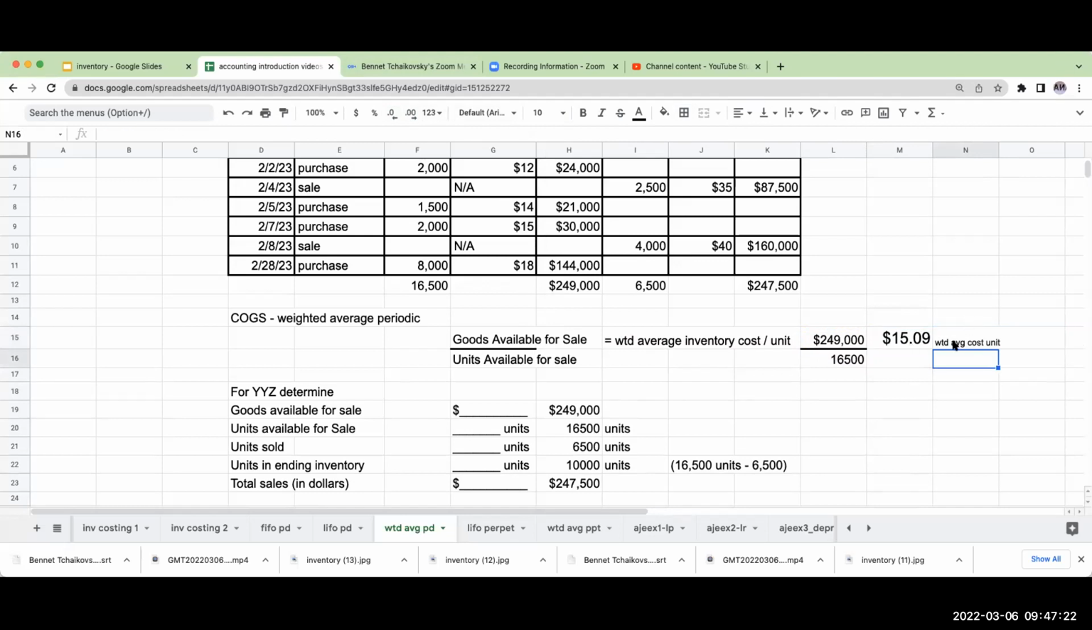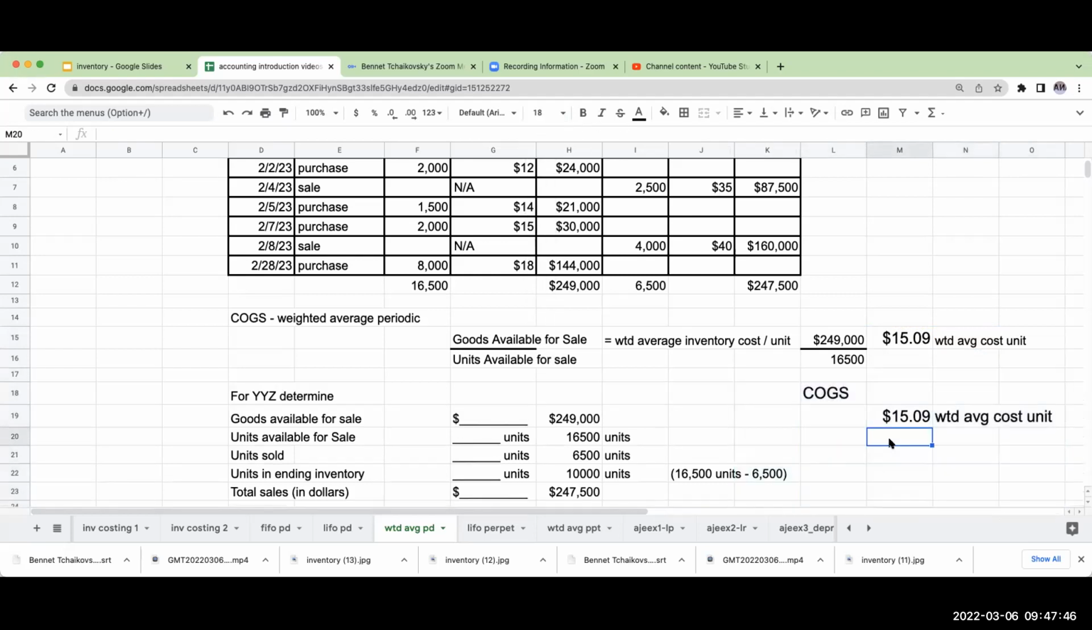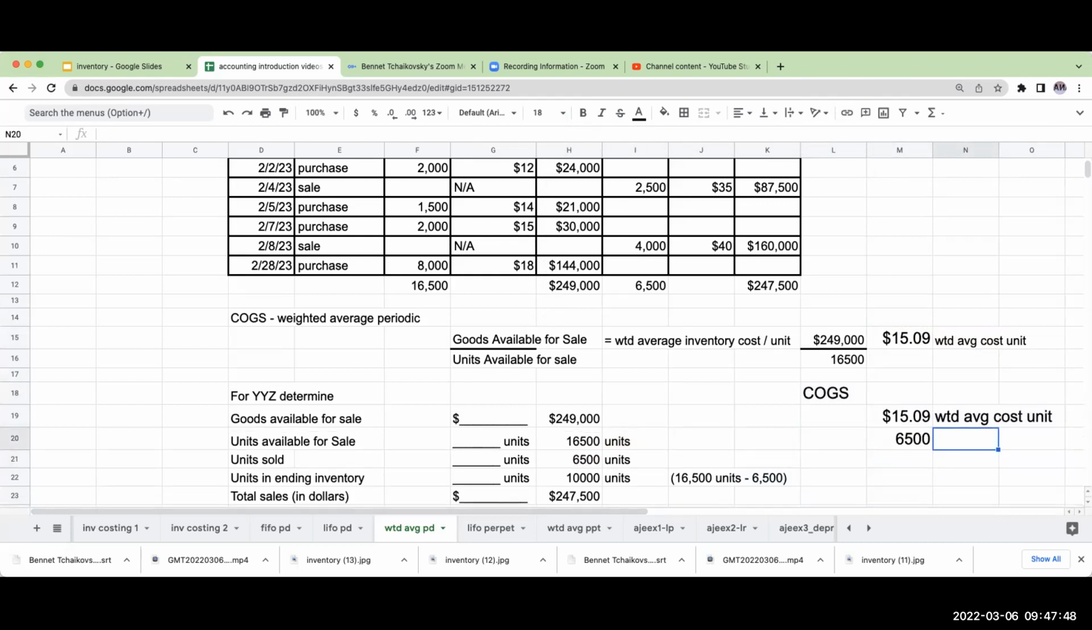Okay, so what I'm going to go through and do, again, this is periodic. We're assuming that all sales happened at the end of the period. So I'm going to aggregate the goods available for sale and divide it by my units available for sale. So for my cost of goods sold, it's going to be $15.09, which is my weighted average cost per unit. I'm going to multiply that by my units sold,